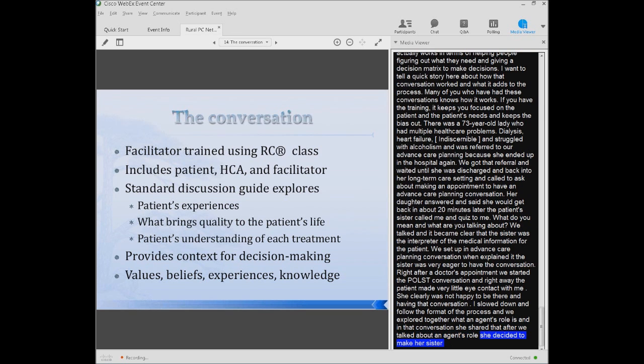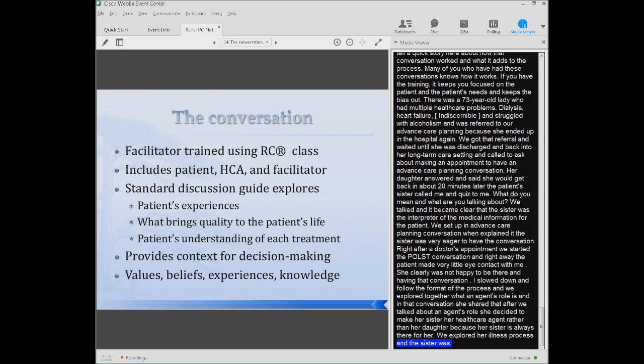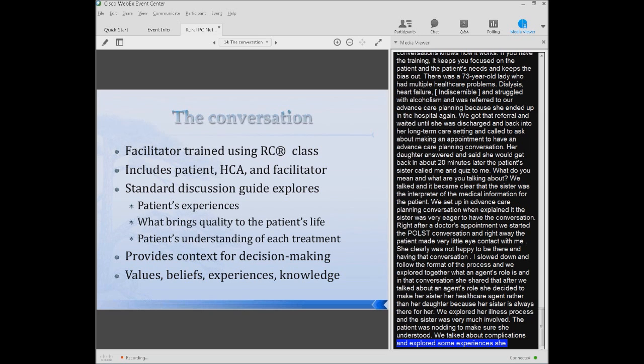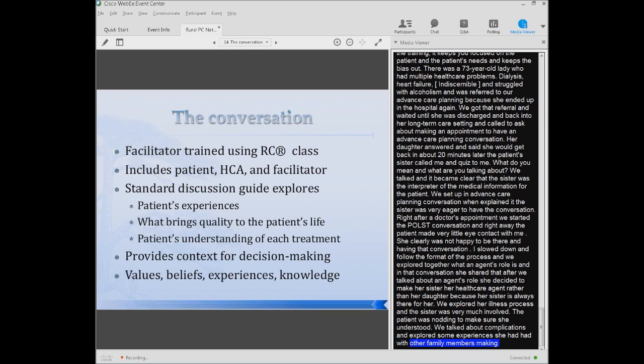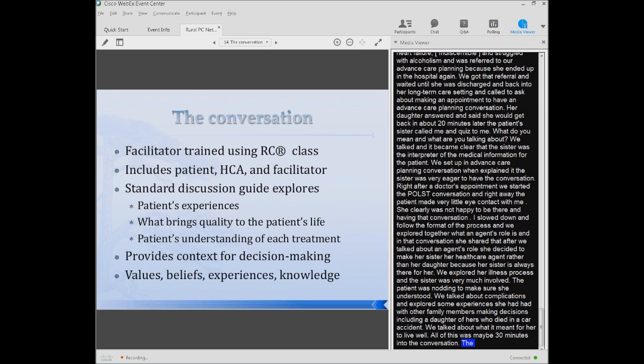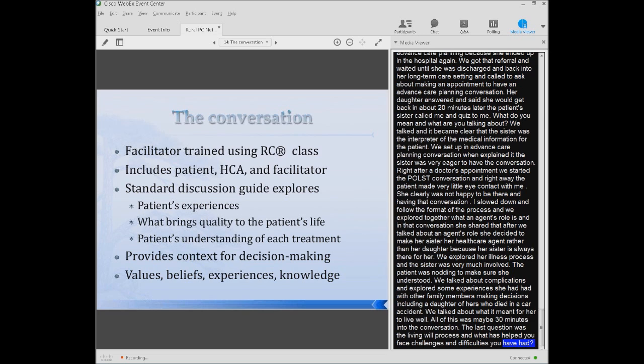And then we explored her illness process. The sister was very much involved, the patient nodding and doing some teach back to make sure she understood. We talked about complications, explored some of the experiences she had with other family members making those decisions, including a daughter of hers who had died in a car accident. And then we talked about what it meant for her to live well. All of this was maybe 30 minutes into the conversation. And the very last question in that living well process is, what helps you face challenges, difficulties you've had? And one of the first times she looked at me directly in my face, eye to eye, and said,